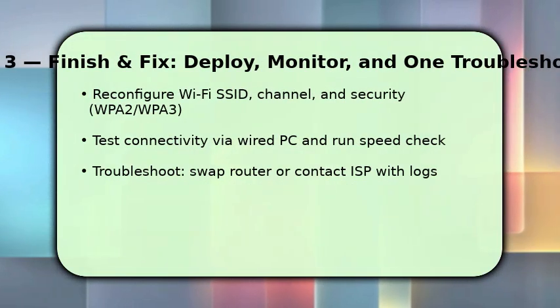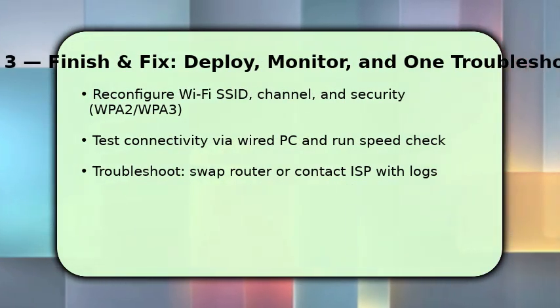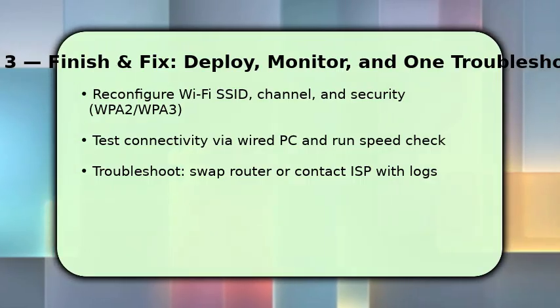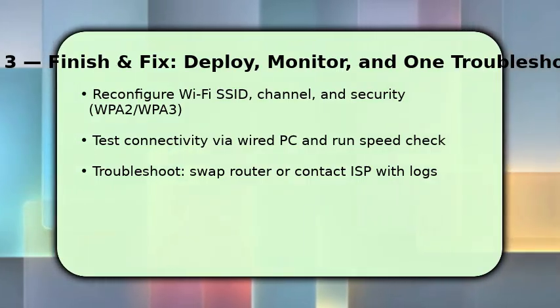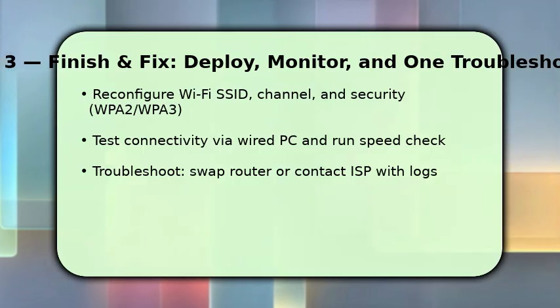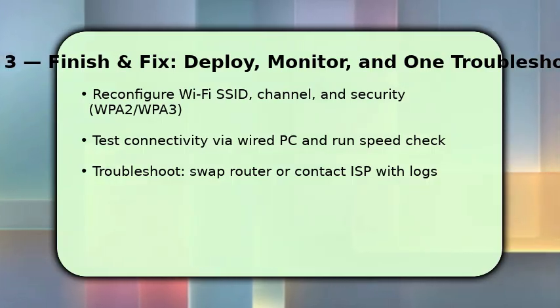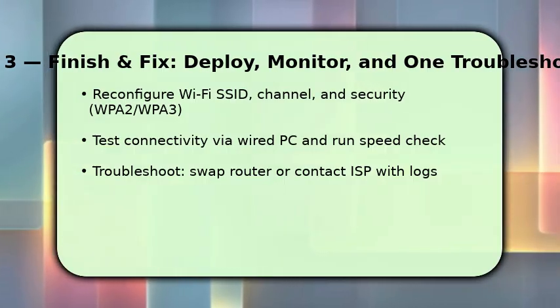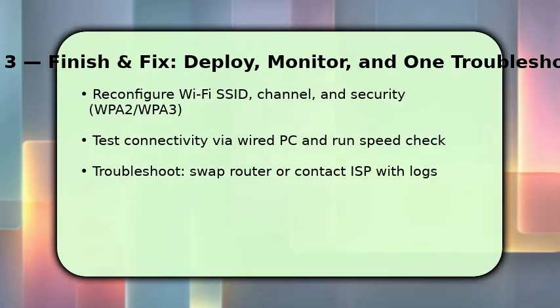Finish by securing and validating the network so devices stay stable. Recreate your Wi-Fi SSID, choose a clear 20 or 40 MHz channel, and enable WPA2 or WPA3 security. Change default admin password. Test on a wired PC to isolate Wi-Fi issues, run a speed test, and compare results